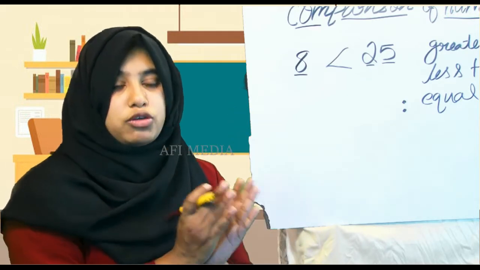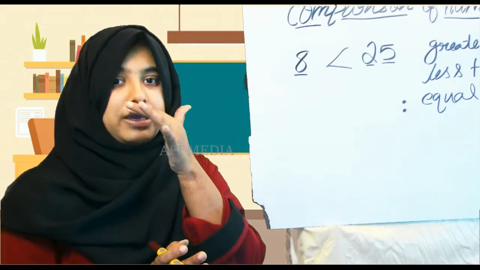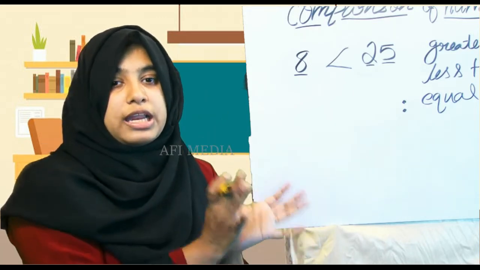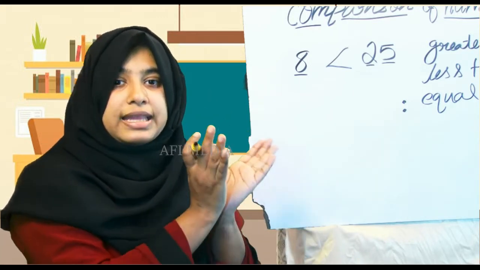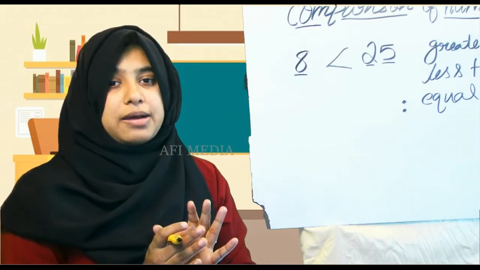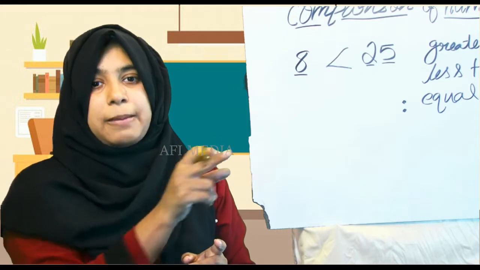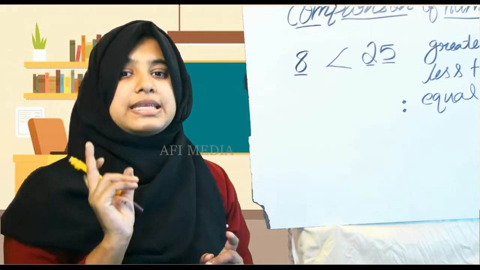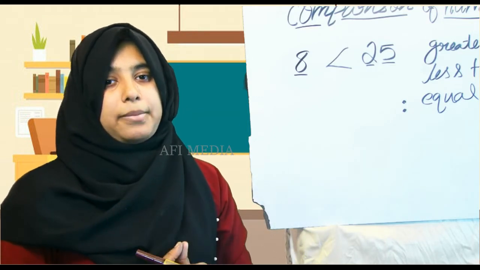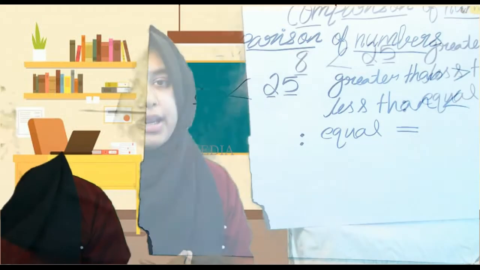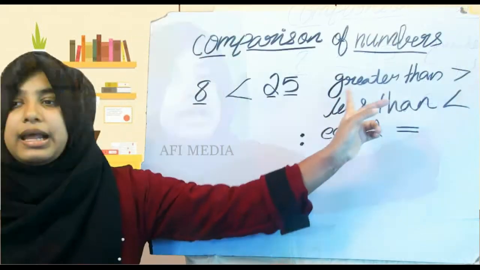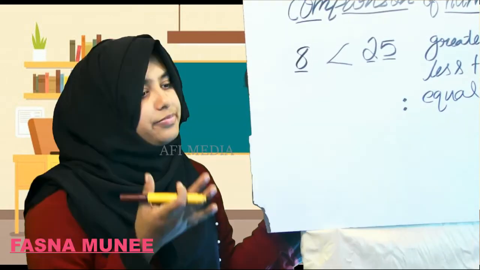But for greater than, always remember that the crocodile always opens his mouth towards the big numbers, or more numbers. Then less than means the point of that symbol is towards the less number. The equal is always two sides the same. Listen. Do you understand? Okay, I will again explain greater than, less than and equal.